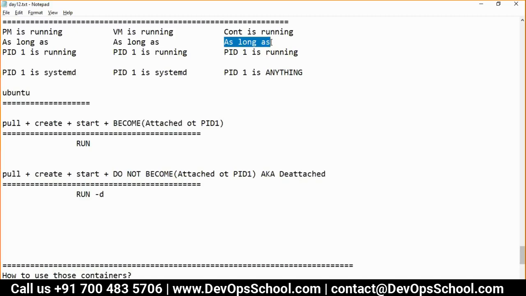The second scenario is an application, like a web application, like Jenkins itself, or Jira, or Nexus, or SonarQube. These applications are very